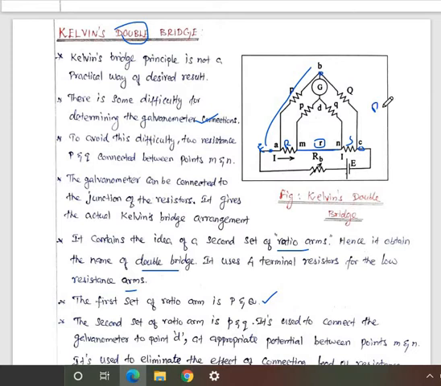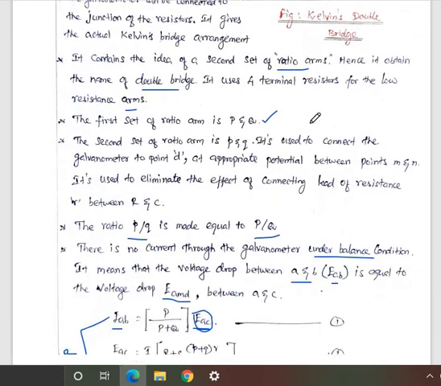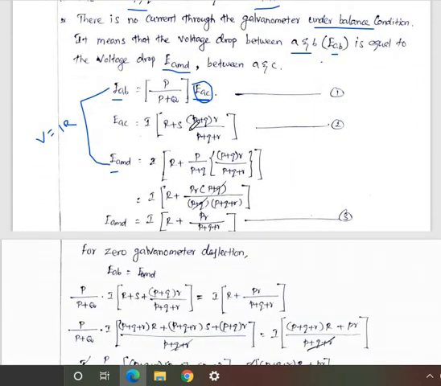Here P plus Q are both in series, so we have to add the values, and that is in parallel with the small resistance r. That resistance is nothing but the wire; you have to take the resistive lead wire, and it should be in parallel with these two resistances. So it can be taken as R plus S into P plus Q. Parallel means multiplied and divided by the total resistance P plus Q plus r. This is equation number 2.